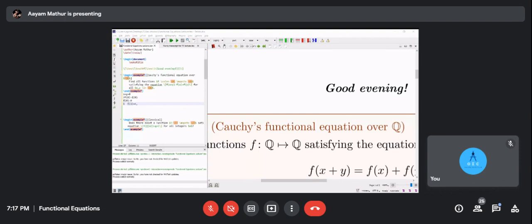No, it's defined from Q to Q, so that means f of 1 is defined, and it's defined in Q. F of 1 is a rational by definition. So in any problem like this, if we are given the domain and range, then we can assume that for some value it exists, without